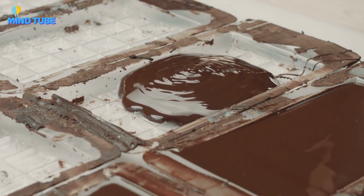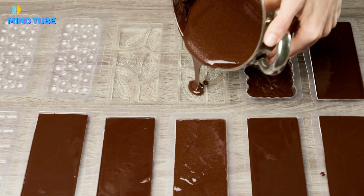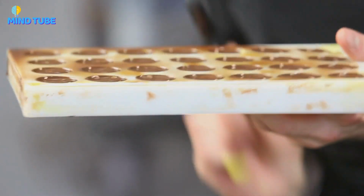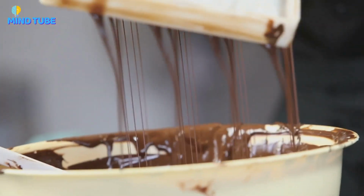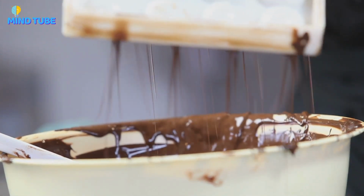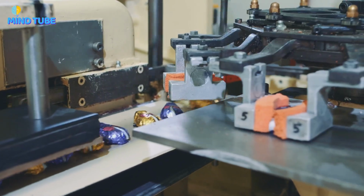After tempering, the chocolate is ready to be poured into molds. This can be for chocolate bars, truffles, or any other chocolate product. Once poured, the molds are carefully tapped to remove air bubbles and ensure that the chocolate is perfectly smooth and free from imperfections. The final product is then wrapped in foil or paper to keep it fresh and protect it